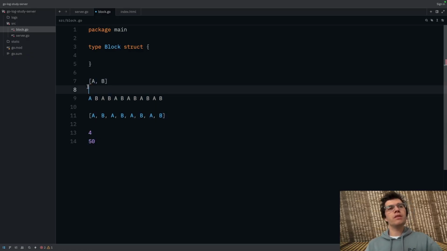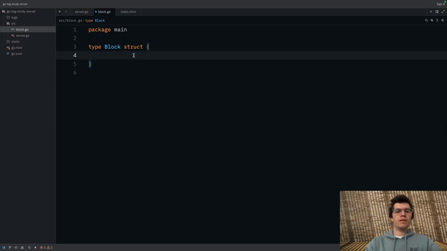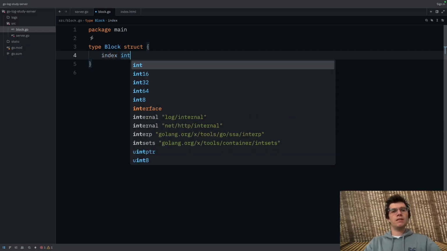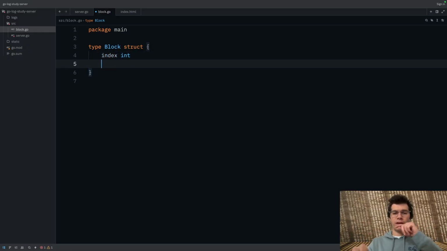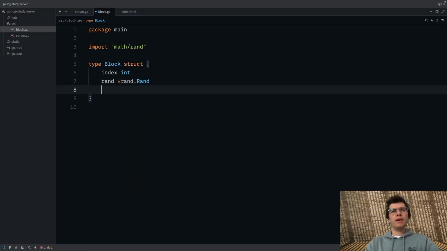So the way we do this is we keep an index into this array. When the index gets too large, then we can reshuffle the array and then start selecting from it again. So this is our int, right? This is our index into the array. We're going to have some kind of random thing, and basically what this random is going to do is it's going to allow us to shuffle.